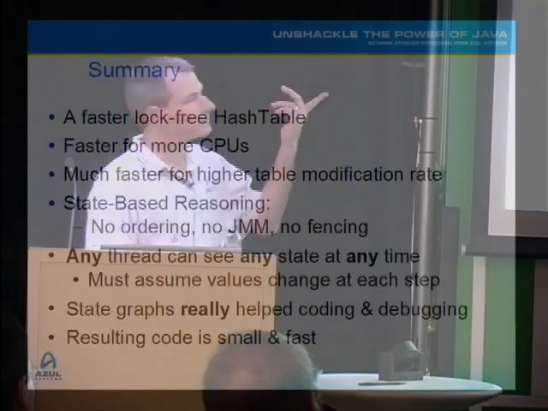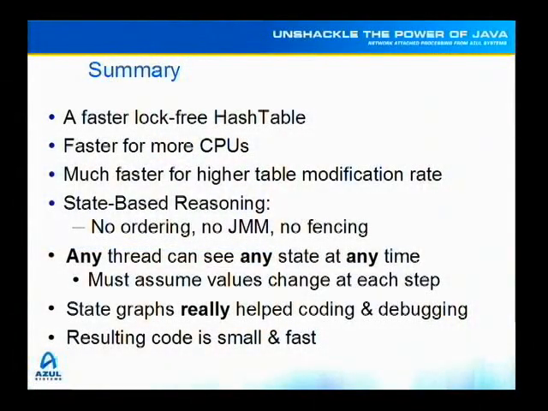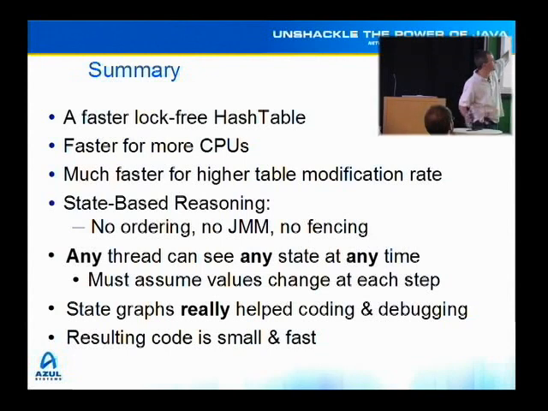OK, so that's sort of the end of the talk. It's a faster hash table. Faster for more CPUs, much faster for higher table modification rate. And the more interesting thing to me is that I'm using this state machine to do my reasoning, to figure out how I can be correct. I've got a key and a value, so I'm going to pick a spot in the state machine. Here I'm going to attempt a CAS to go to there. And that means that I can